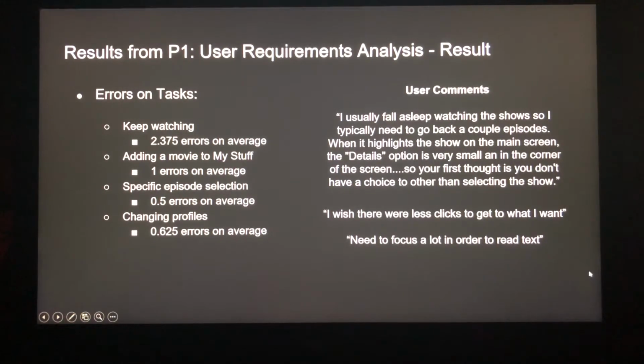So some of the results from phase 1, we had errors on the task. There's an average of 2.375 errors for the keep watching task, and for the select specific episode selection, there was 0.5 errors on average. There's some comments from our customers or participants when they were going through it. I wish there was less clicks to get to what I want, and need to focus a lot in order